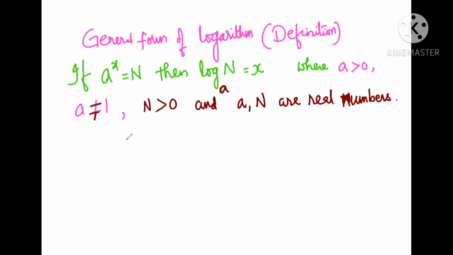What happens? Some logarithm of a number, logarithm of 16 base 0 is equal to what? If you take x, this can be written in the exponential form as 0 to the power of x is equal to 16. Can we get 16 if we raise 0 to any power x? We cannot get 16. So this is not defined.